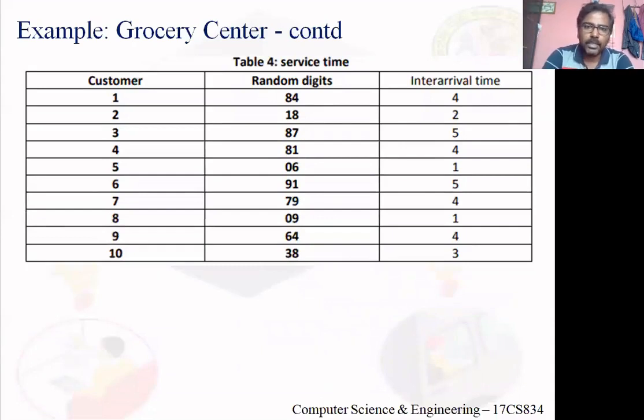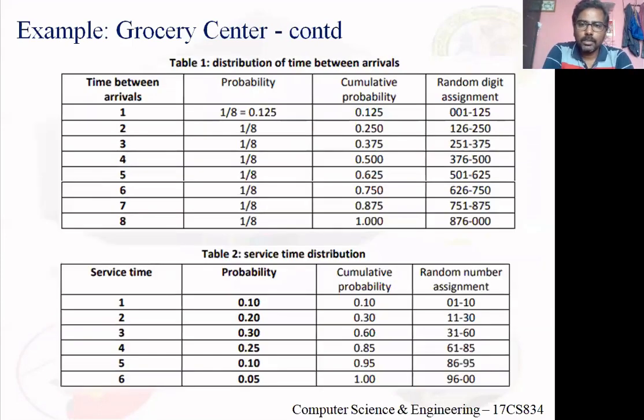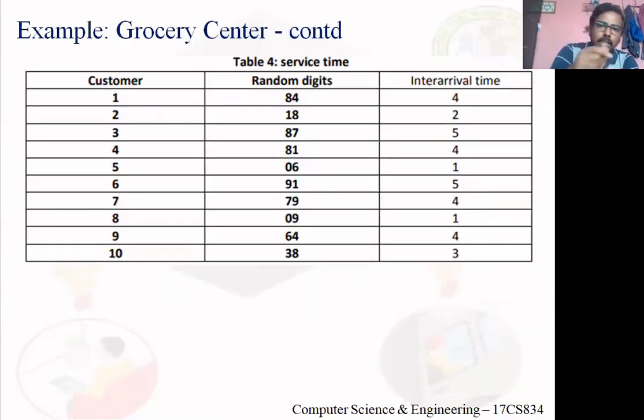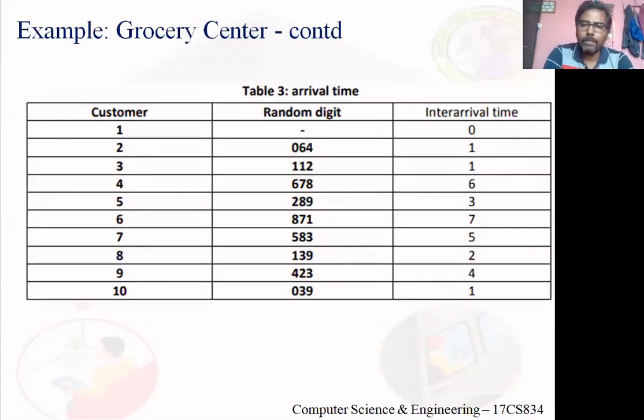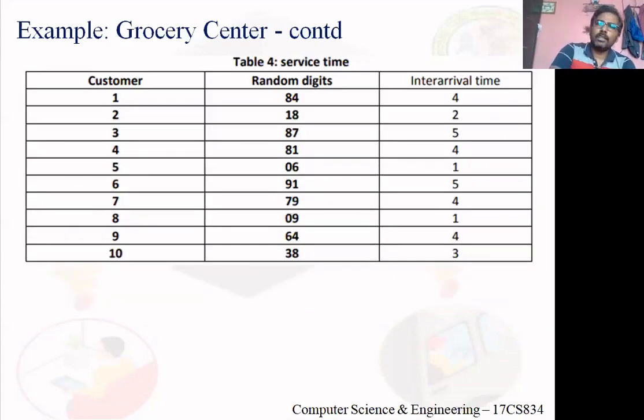Sorry, one thing you should change. Actually, one mistake has been made. The header in the third column should not be inter-arrival time. It's service time. Okay, just make a correction. Yes, I've written inter-arrival time, but that's service time. Got it? In the service time table, not in the arrival time table, the third column header, that is inter-arrival time, should be replaced with service time.